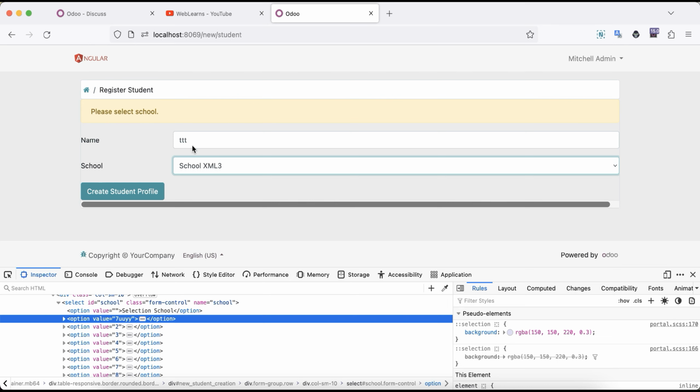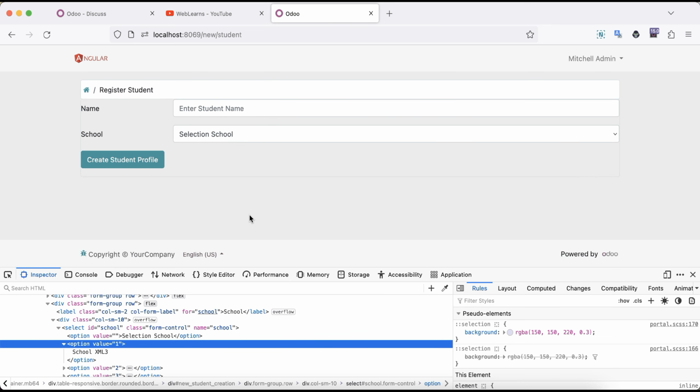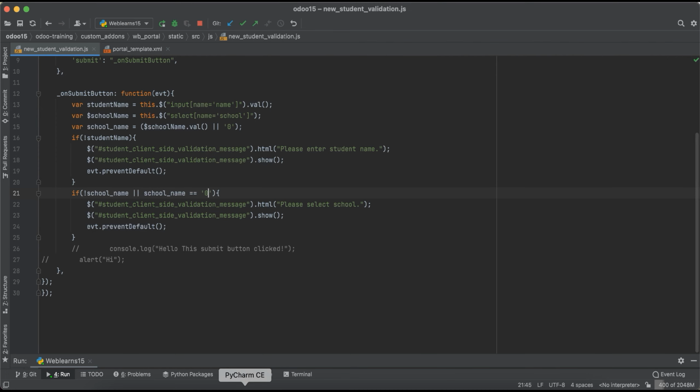So in our case, both have a value, right? And it will directly send to the server, correct? And we already managed this part on the backend side, so it won't raise any error. But the thing is, you can also prevent it from the client side validations